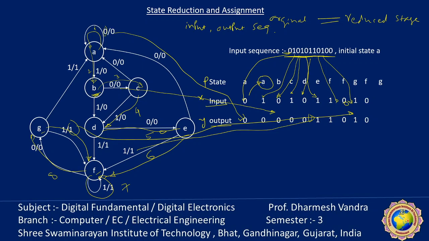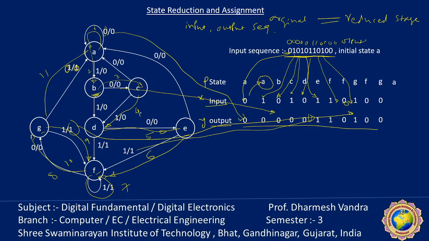In G, the input is zero, then it will go into state A and the output is zero. Here there is some modification. These two are 0, 0. So in the last stage, the 8th, 9th, is again the same as the 10th and 11th. So the output is 0, 0, 0, five times 0, 1, 1, 0, 1, double 0. This is the output.